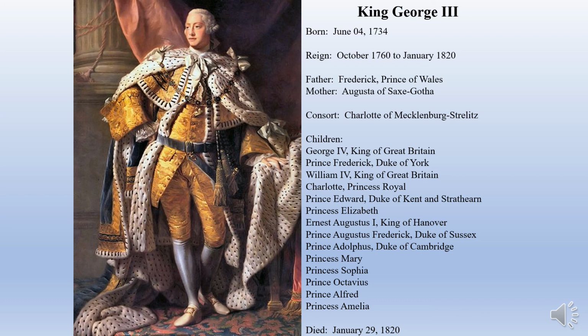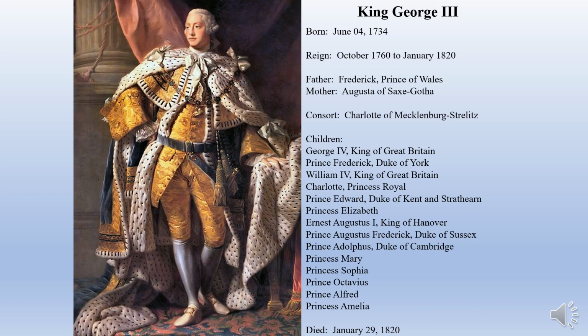when he became king. But something else about George III is he's going to be the first British king of the Hanoverian dynasty. He was the first one born in the United Kingdom. He's the first one that speaks English as his primary language. And so he really is the first of the Hanoverians who embraces Britishness. His consort is Charlotte of Mecklenburg-Strelitz, and you can see that they were quite busy. Two of his children, George IV and William IV, will be kings of the United Kingdom. One of his children, Ernst Augustus I, will become king of Hanover.